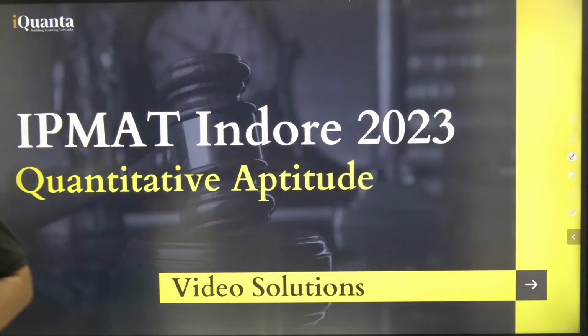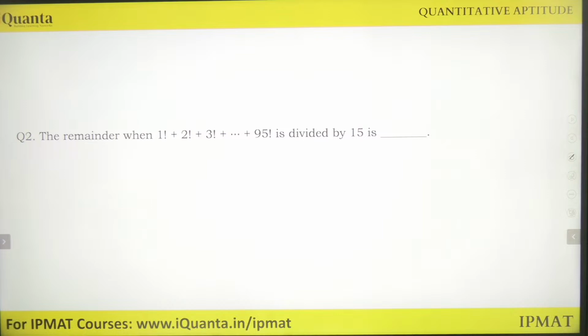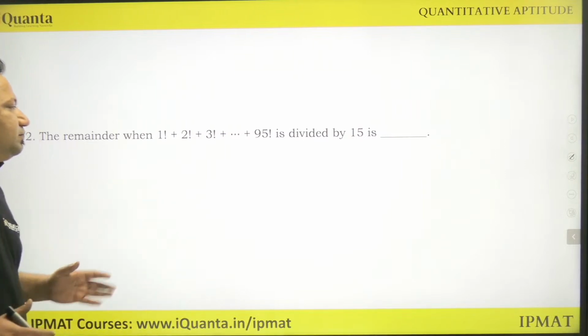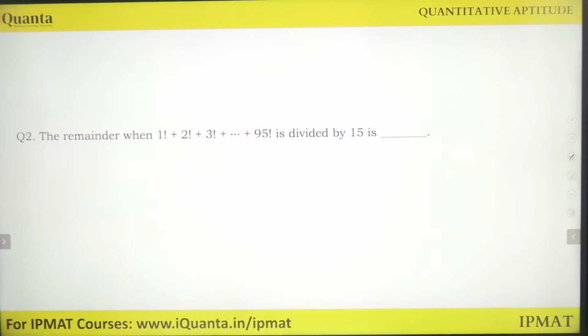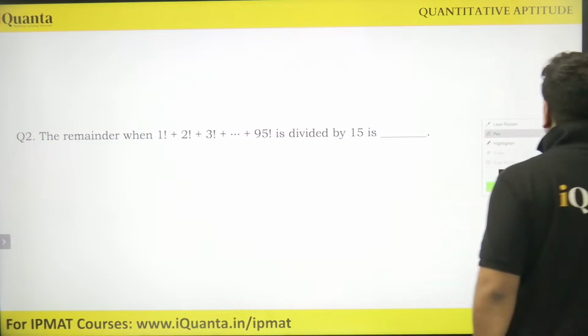Cool. Starting with the first question, first of all. We'll go to this question afterwards. Let us do something which is kind of easy. So let's do question 2 first of all. The remainder when factorial 1 plus factorial 2 till factorial 95 is divided by 15 is what? So in this case,